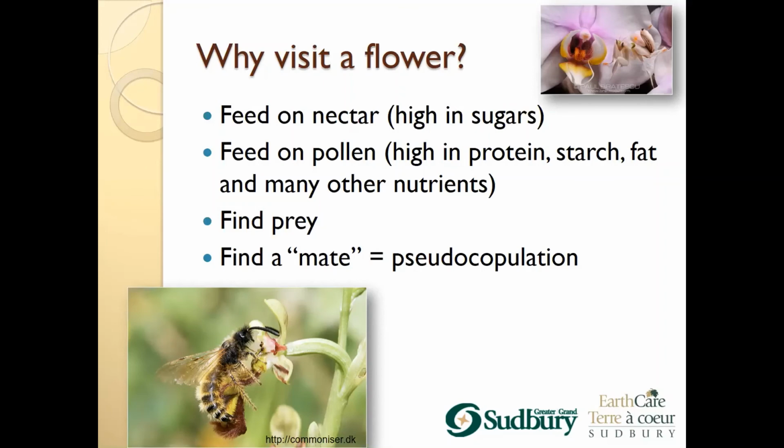And then another way, some insects are actually tricked into pollination by thinking they found a mate, and that's called pseudocopulation. There are a number of orchids, for example, that use this strategy. This is where the flower looks like a female insect and the males approach it to try to mate. While they're trying to mate, their bodies come in contact with the pollen and they transport it to the other plant. So on the bottom left, you see an example of one of the orchids. The orchid itself is that fuzzy green and brown striped part on the bottom, and that's a male bee thinking it's a female bee. So yes, a number of ways that they can attract insects